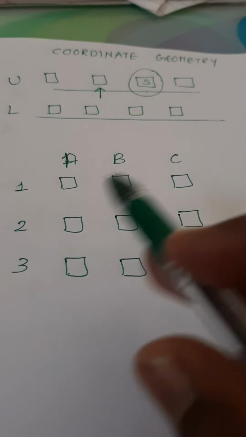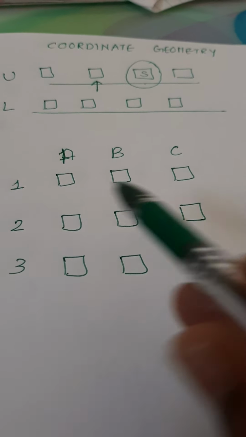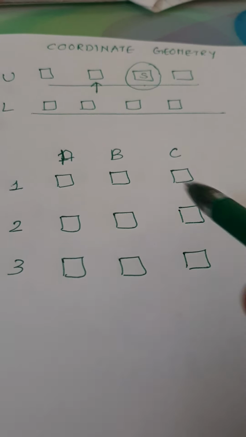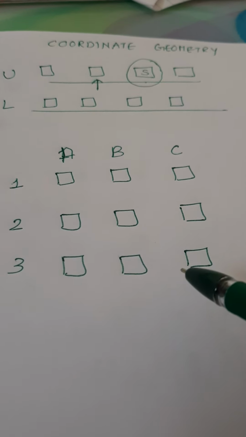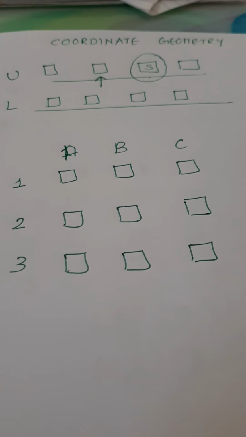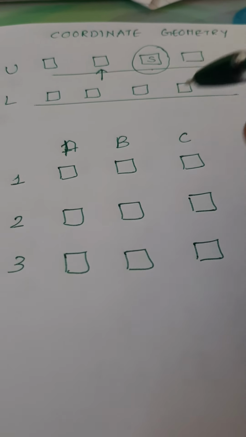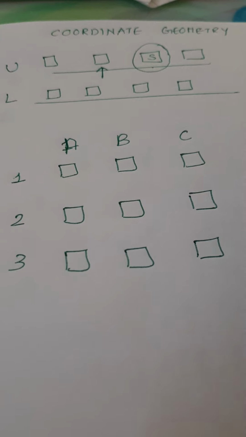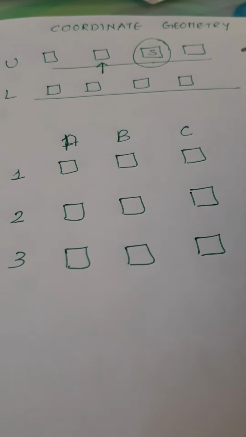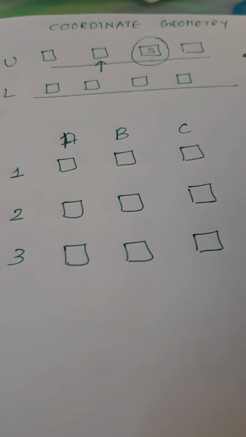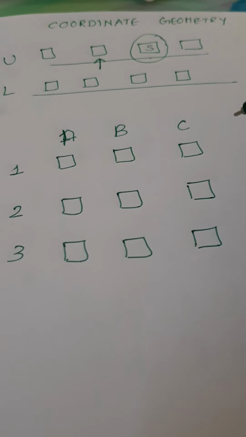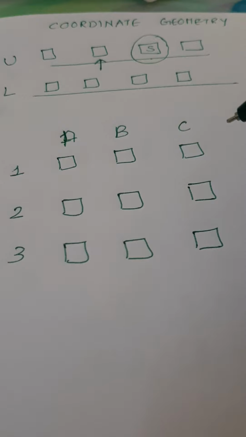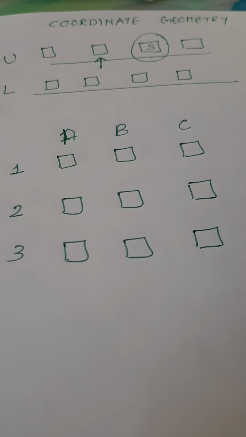Similarly, I have taken an example of seating arrangement in a classroom. There are various tables and chairs arranged in rows and columns in a classroom. So if you tell the student to sit in a particular location, a particular table and chair, a particular desk, which information do you need? You need two pieces of information. One is the row information, the other one is the vertical, that is the column information, correct?